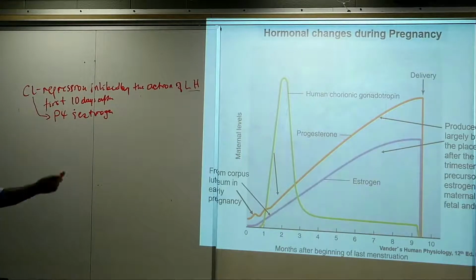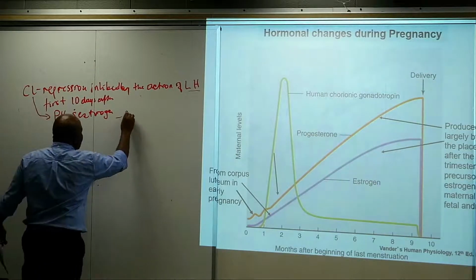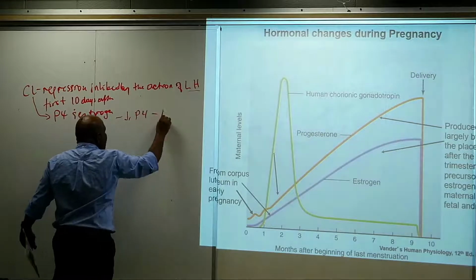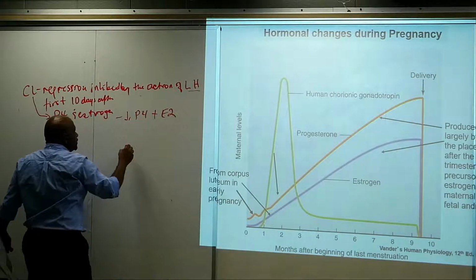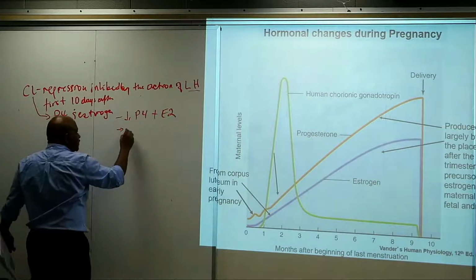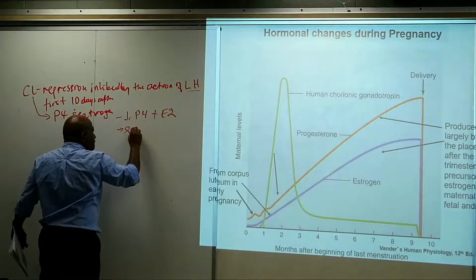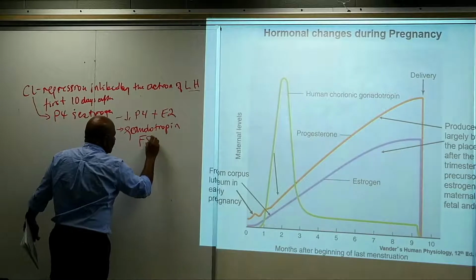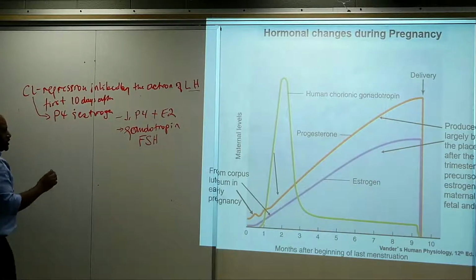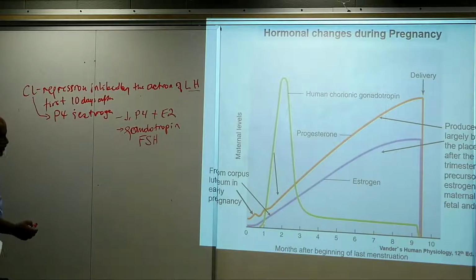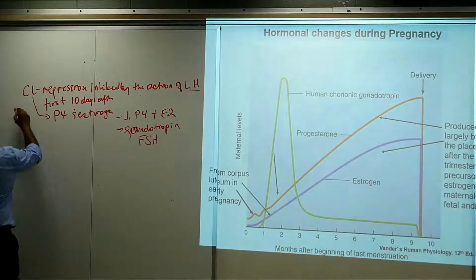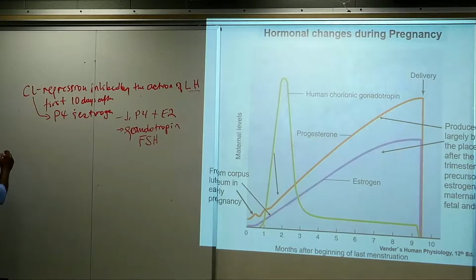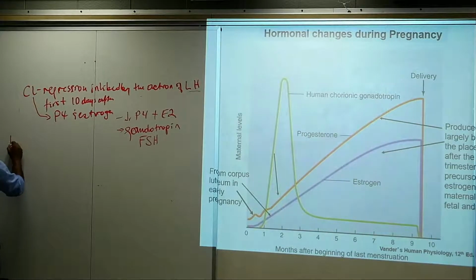So then the progesterone and the estrogen level will go down, and because of the low progesterone and estrogen, the inhibitory effect on the gonadotropins is lifted. Then there will be the release of FSH from the pituitary, so that the new cycle will begin with the selection of follicles. However, if pregnancy happens, then the corpus luteum regression is overtaken by the so-called human